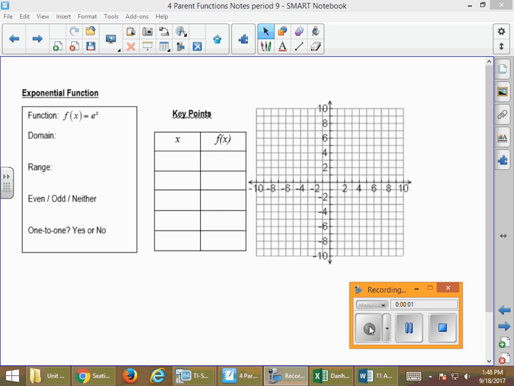This is notes part 2, starting with the exponential function. Remember what we were doing in our notes previously, is we took our calculator out